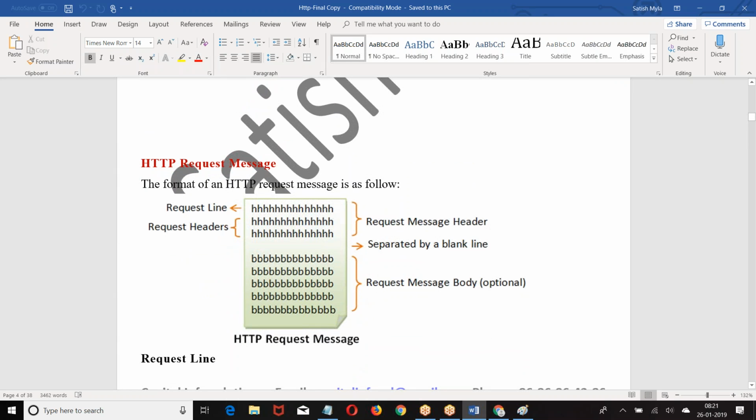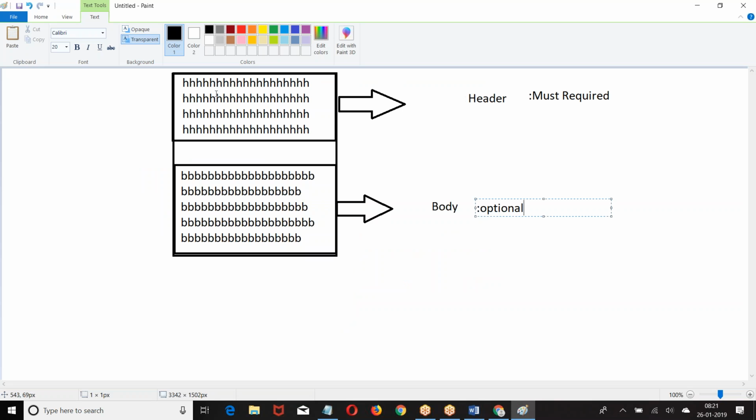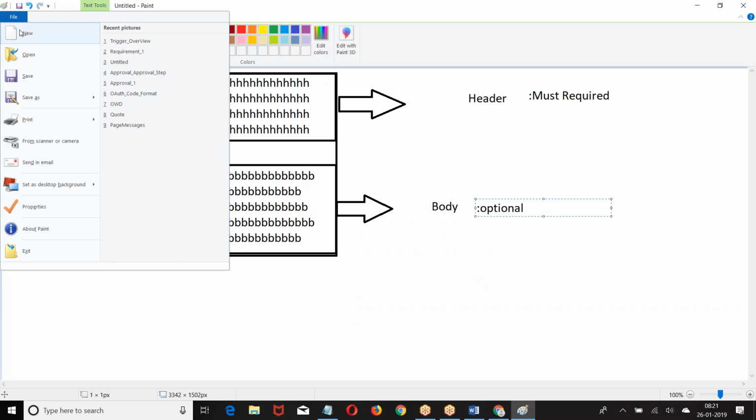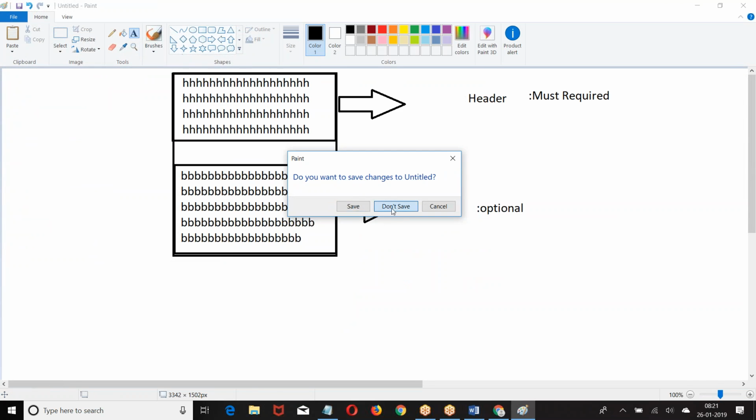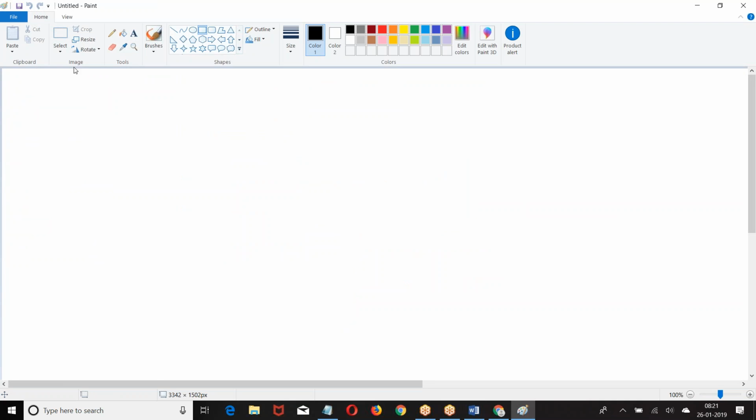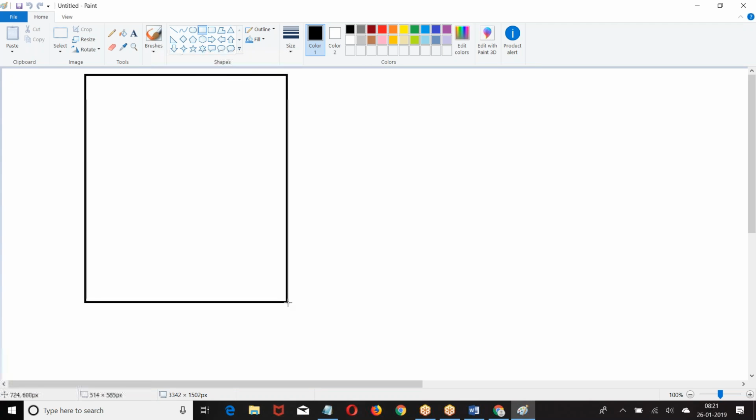Okay. Now let us try to understand the request message. This is in general a message. But if you take a request message or response message, how is the request message going to be?